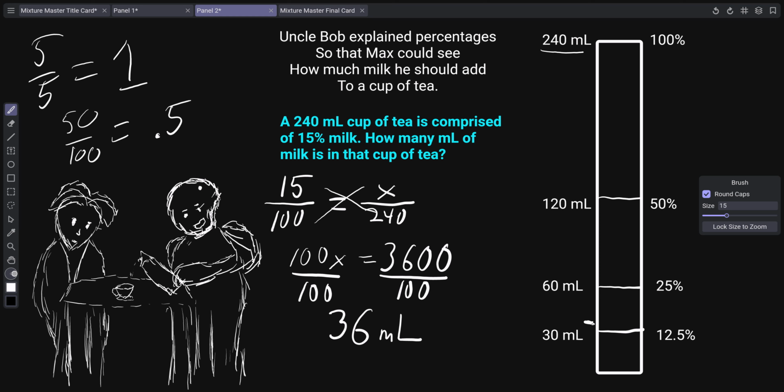And to our diagram, that kind of makes sense. That's pretty close to 12.5%, which would be around 15%. So we have something here that actually checks out. So there would be 36 milliliters worth of milk in that 240 milliliter cup that only contains